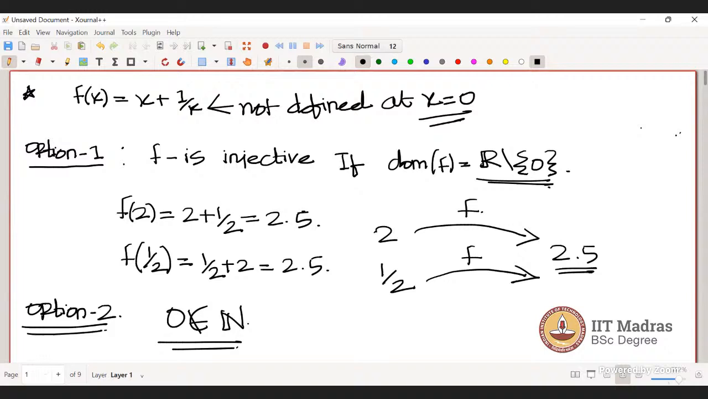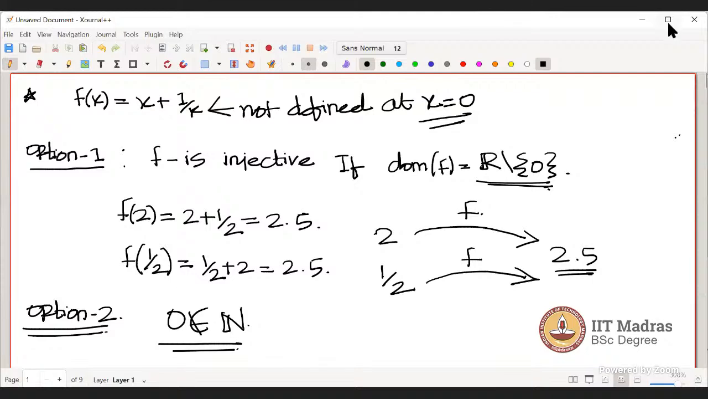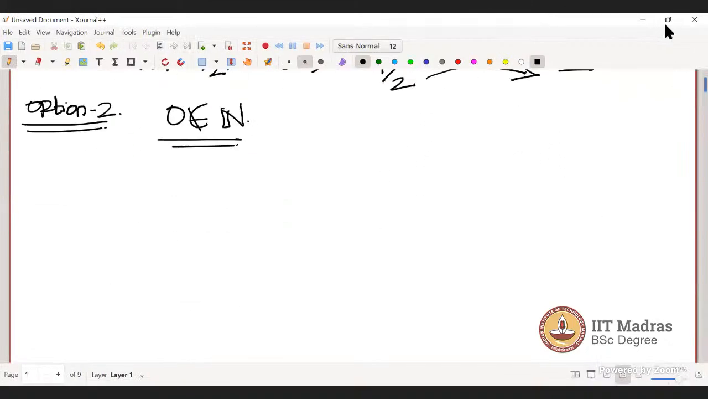For these three weeks, for sequence, series, and limit integration, we are not considering 0 as a member of the set of natural numbers. So you have to exclude 0. Okay, so let me prove why this function is actually injective